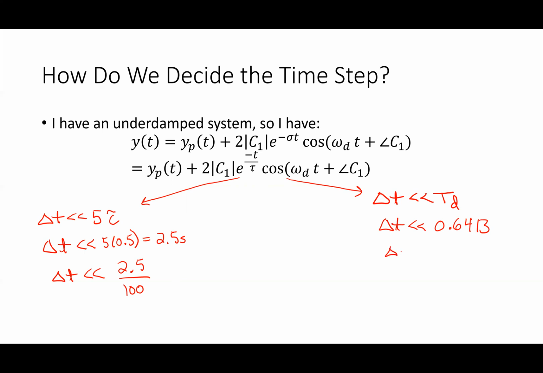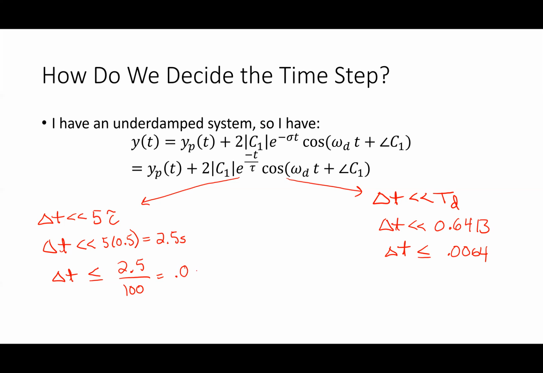So one way to choose that, I mean, it's not much, much less than, right? At this point, by dividing by 100, I've made it much, much less than. So my delta t needs to be less than or equal to 2.5 divided by 100. Or my delta t needs to be less than or equal to, in this case, if you divide 0.6413 by 100, it would be 0.0064. All right. If I look at this, 2.5 divided by 100 would be